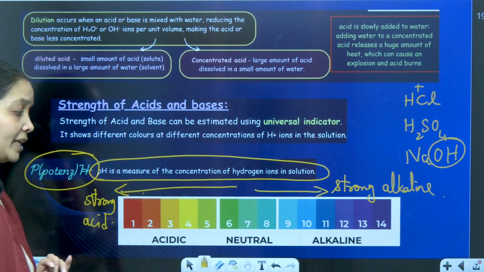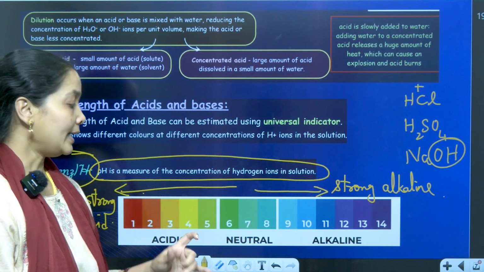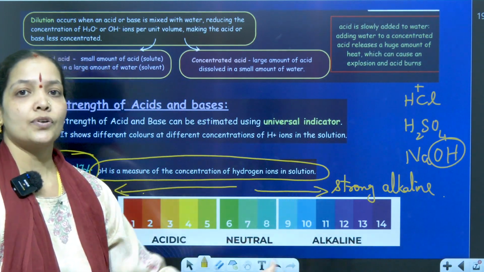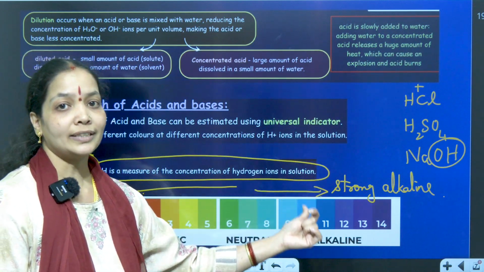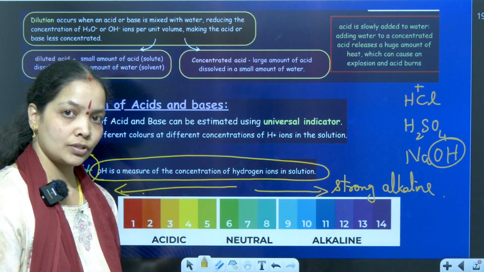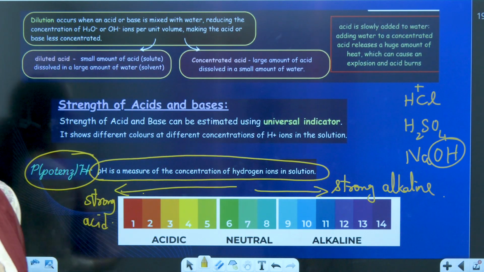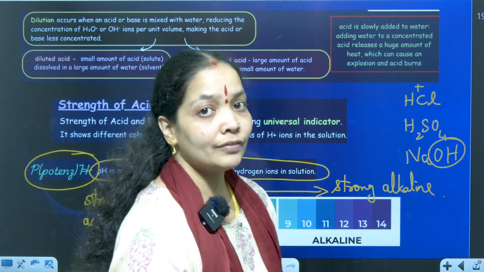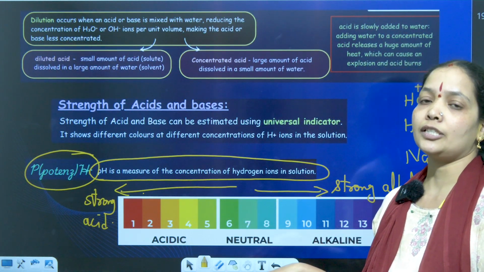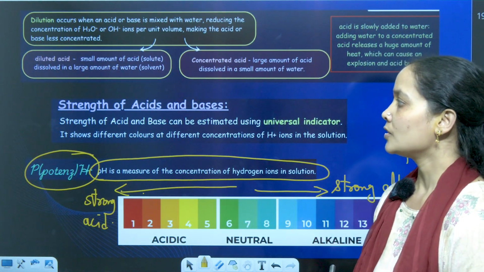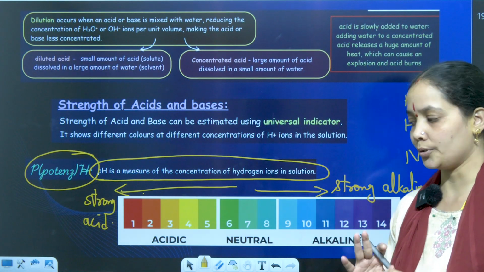So based on the pH scale, various types of questions are asked, and these colors are also important for you to memorize. They'll give you that the color of the solution is light blue. What can be the pH and what is the nature of the solution? The color of solution is red. What can be the pH and how do you identify the given substance? So depending on the color as well as the value of the pH, many questions are asked. So pH gives you the amount of H plus ion present in the solution.